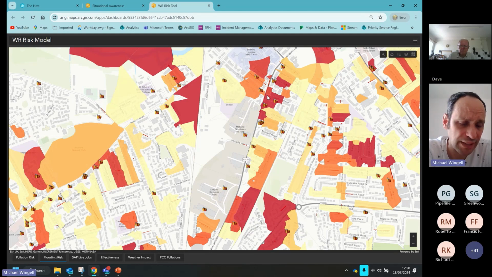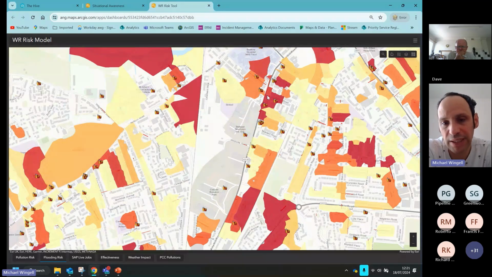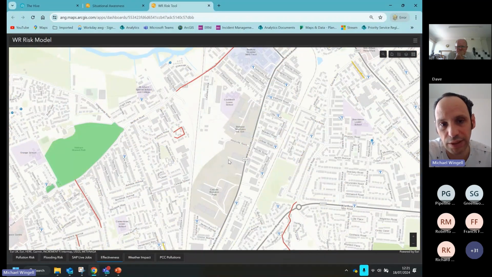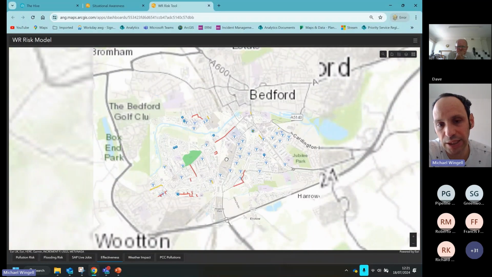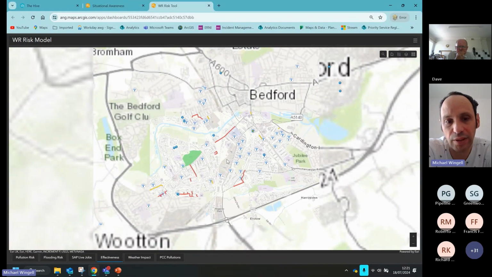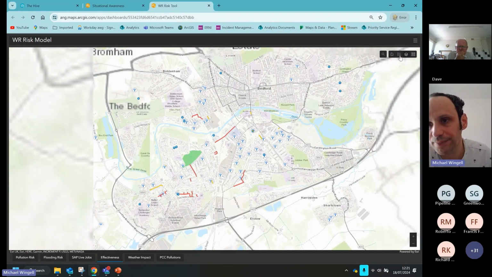One of the things, again, that was quite important for us is to actually understand, in terms of the work that's being carried out on those particular high risk areas, how effective are they at doing their job? i.e., are we doing what we were supposed to do? Is it making a difference in terms of turning that dial for environmental performance to prevent floodings and pollutions going forward? So we actively needed to track what was going on. So again, we've got another tab here called effectiveness. And if I zoom out a little bit, you can see what this does is allow us to have a look. In fact, if I bring up our legend,